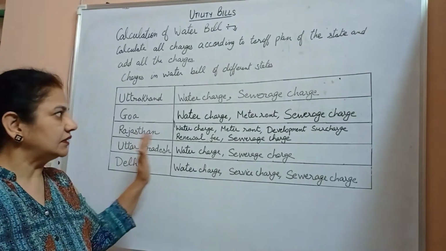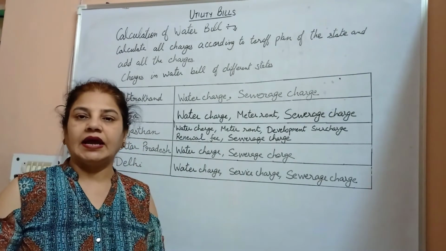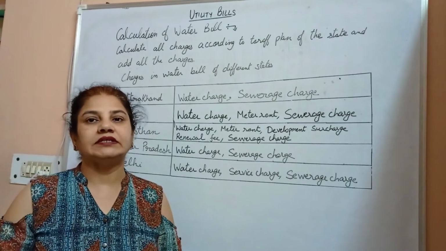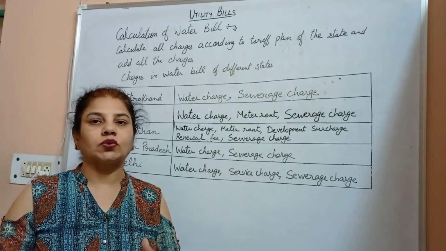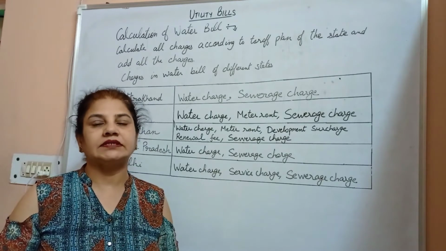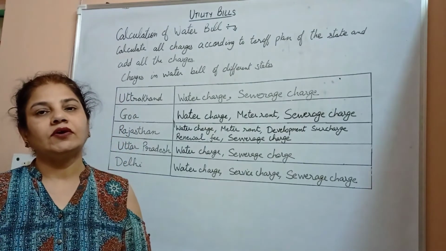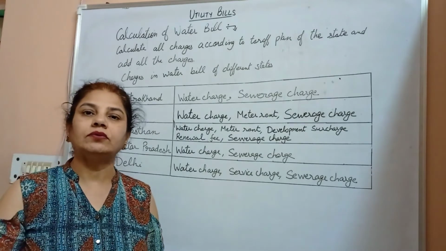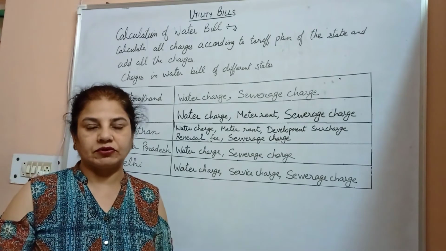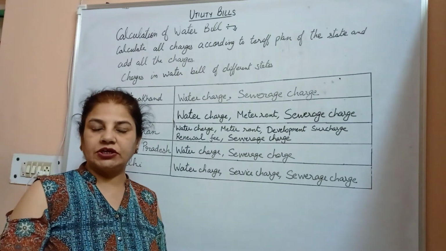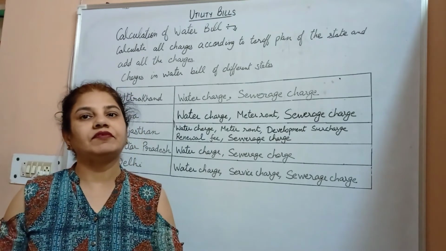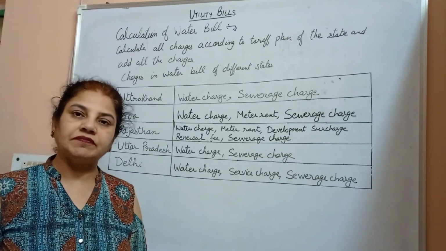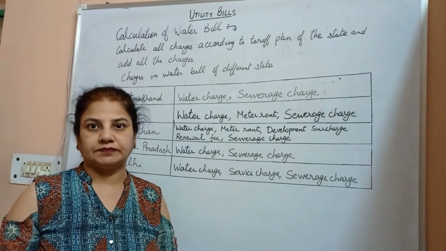According to the state, these charges have to be calculated and then added, and then we can say the water bill is calculated. The total amount that comes out is called the water bill for the particular state, or the water bill for the particular person for the particular month, because utility bills arise every month. So this bill is given for the particular month. Let us proceed with the problems based on the water bill.